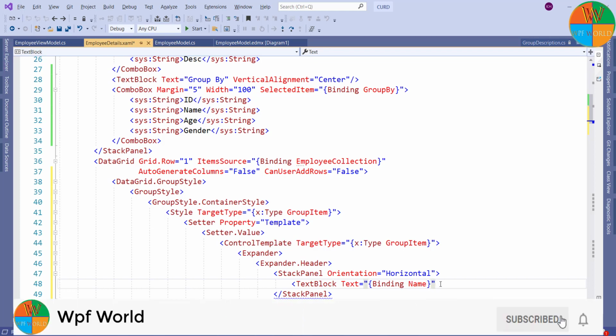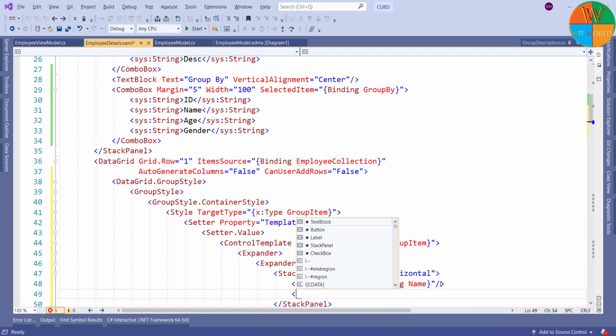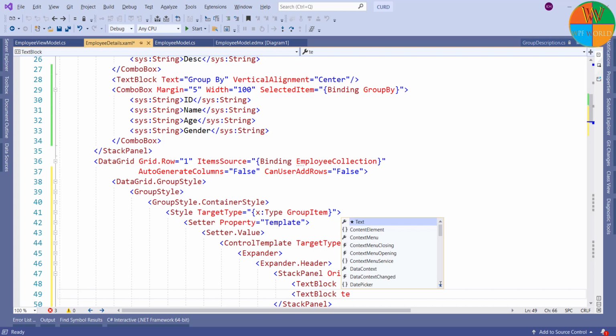This Name is not the column name. This name is used to show the value of the column as the header of the expander.